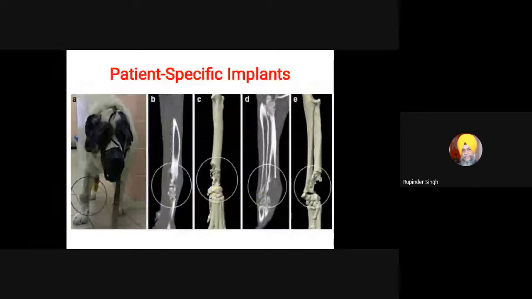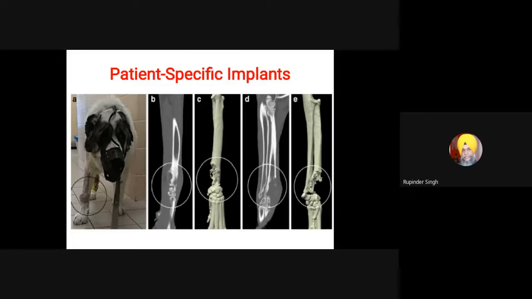Then another area where this 3D print technology can help is creation of patient-specific implants as per the need, because we cannot make a lot of implants. Look at the example of the various dog breeds. Dog breeds vary from as small as 2 kg. The adult body weight of dogs may vary from 2 kg to maybe up to 80 or 90 kg. So a lot of variation is there, and we cannot create a lot of implants like that.